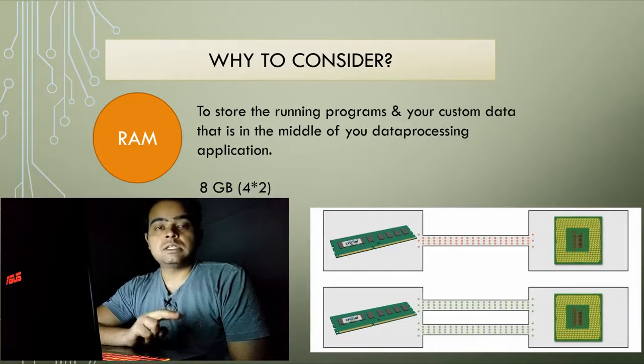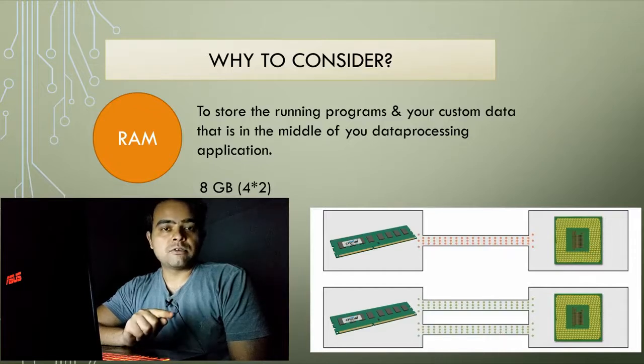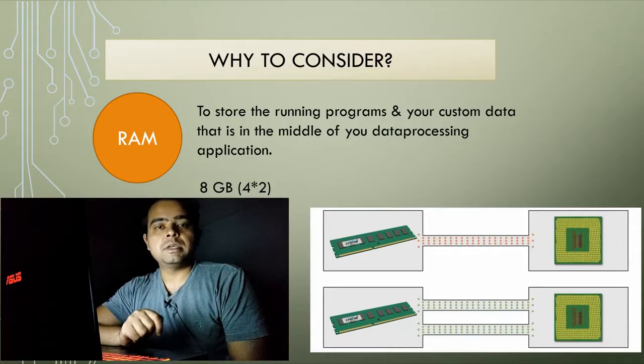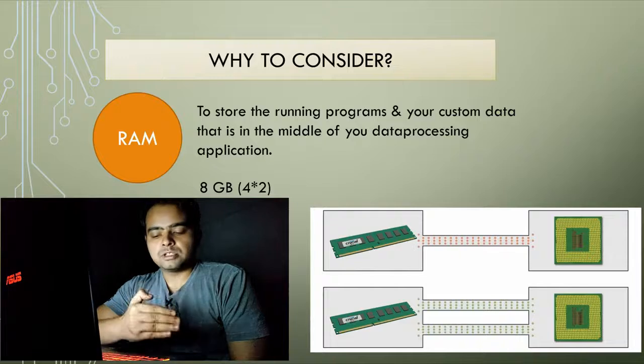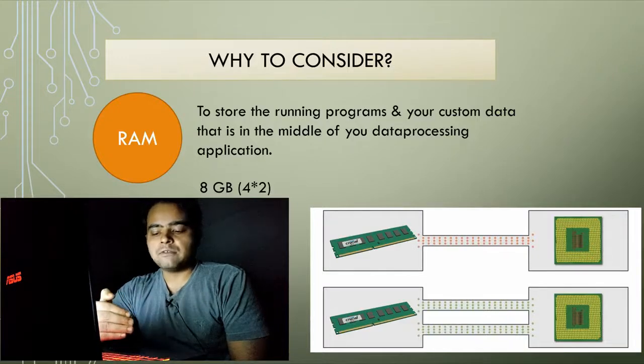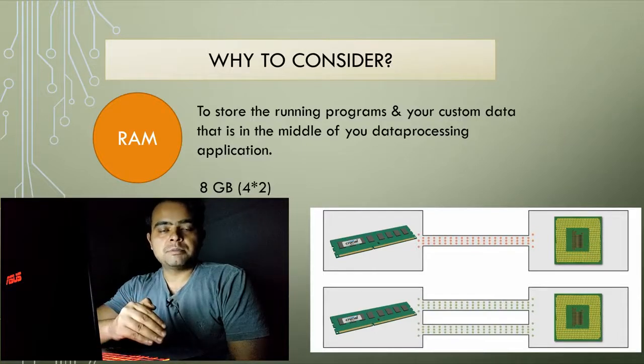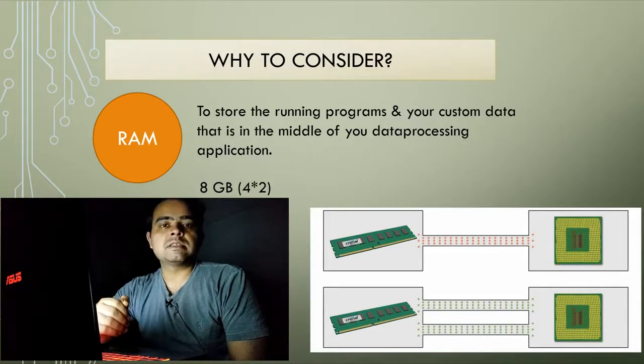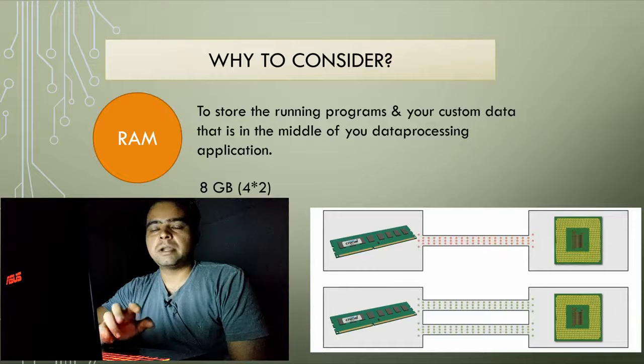Hope you get it. So dual channel support is always good. In case you have different sizes, that is one of 4 GB and another of 8 GB, then what will happen? There is a special mode called Flex mode that some advanced motherboards support. What they do, if you have 4 GB and 8 GB, is that half, 4 GB of that 8 GB module, will run as dual channel with the other 4 GB, and the rest of the 4 GB will run in single channel. That is in some advanced motherboards.